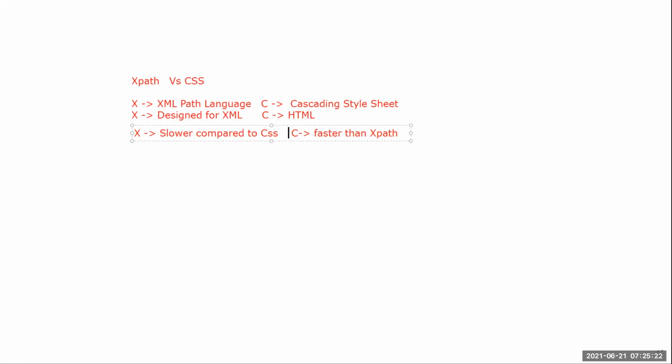So this is the major difference between XPath and CSS. XPath is very slow when compared to CSS, whereas CSS is faster than XPath. You know why? Because CSS is designed for HTML, whereas XPath is designed for XML. So when you design something for its sole purpose, then obviously it will work faster than the others, right?